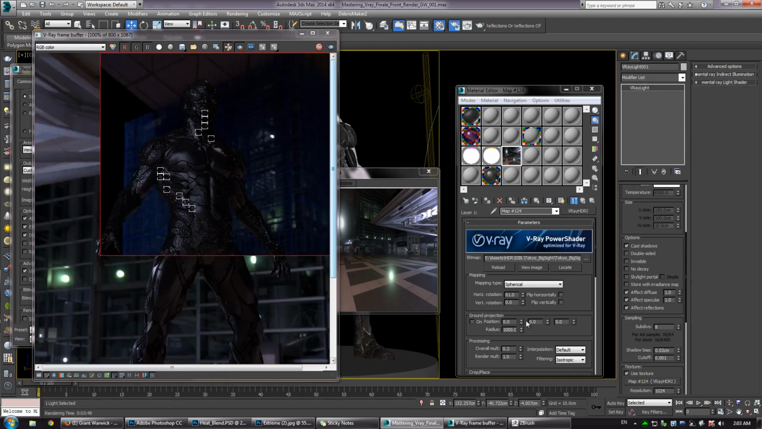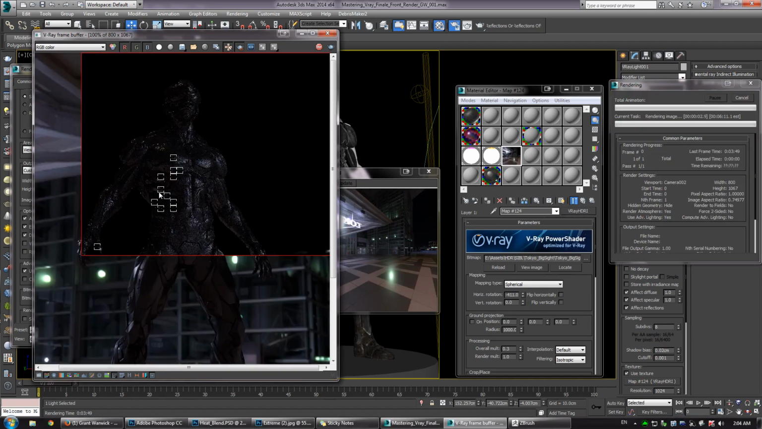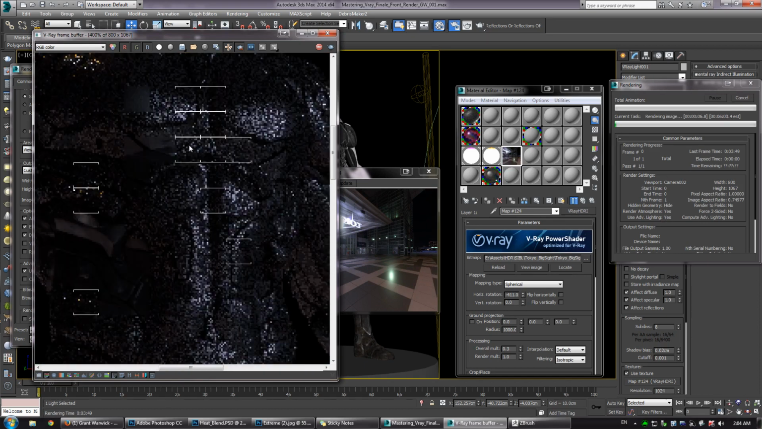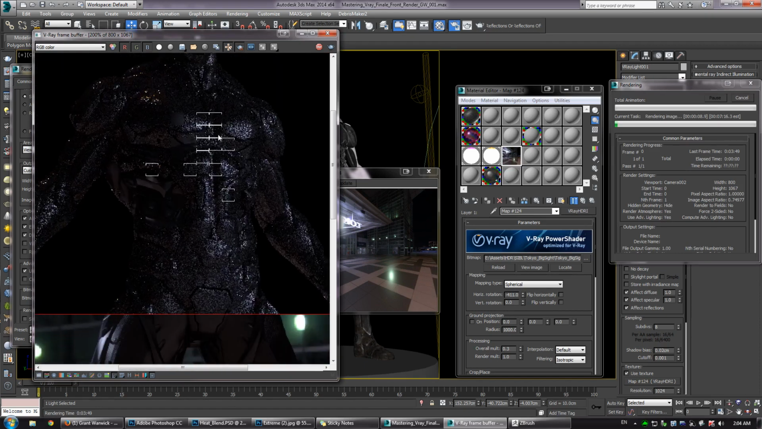I can rotate this again. And now you can see rotating it once more, we lose the rim lighting. There's too much front lighting. And overall,